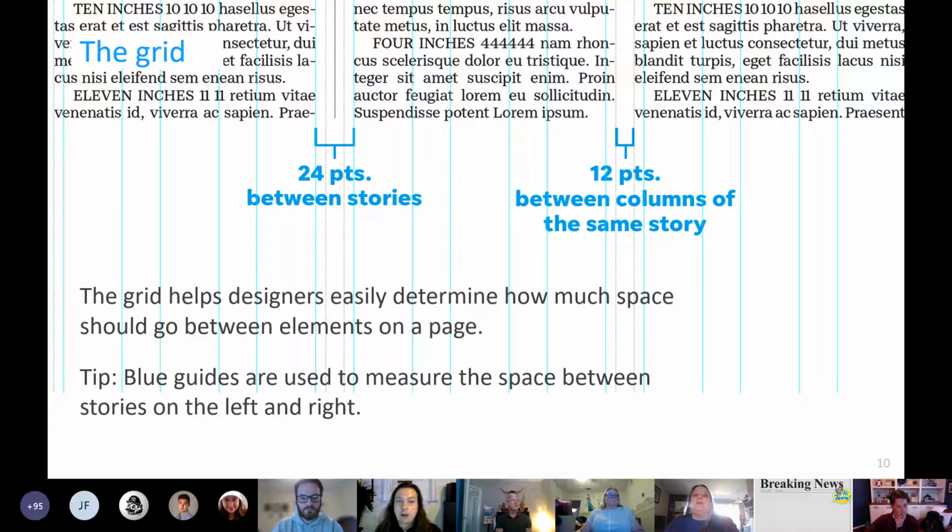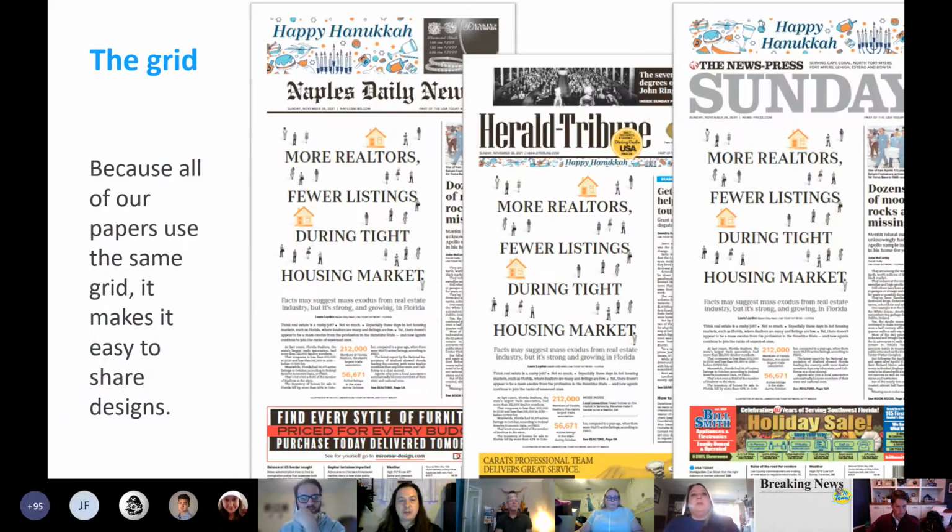So when it comes to the daily grind of designing and producing our newspapers, the grid makes things so much easier. It allows designers to focus more on the storytelling. And the reason is once a designer learns how to use the grid, it eliminates much of the guesswork in sizing and spacing of things. For one, when a designer draws a column of type in our layout program, QDesigner, it is automatically the right size and it snaps to the grid. In addition, Designer is programmed to put the correct space between a lot of things. I mean, there's some exceptions, but for the most part, it does a good job.